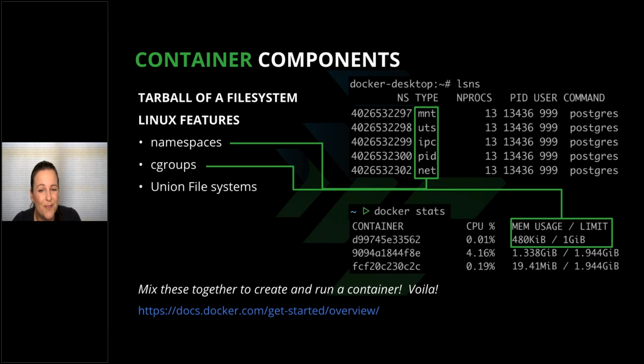The cgroups functionality is integral to constraining how much a container can use of things like CPU, memory, network bandwidth, etc. I can set those constraints by including options on the Docker run command when launching an image. Here you can see I've constrained the memory usage limit on one of my containers.